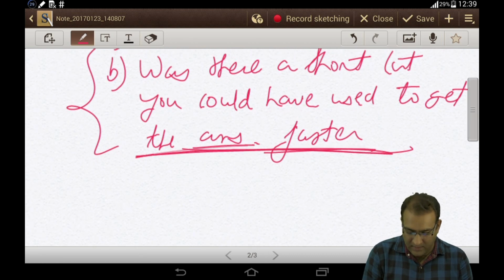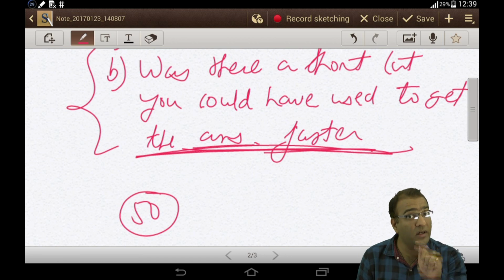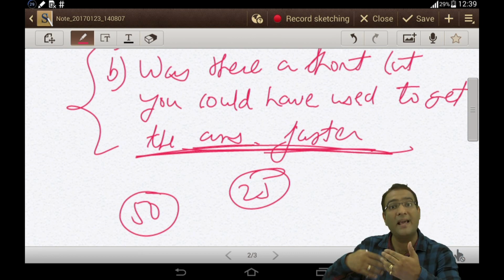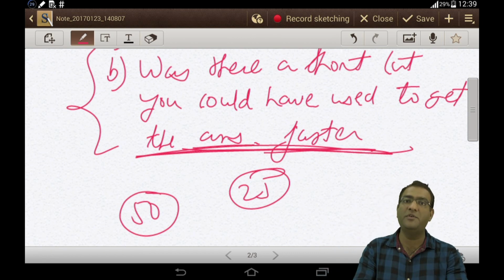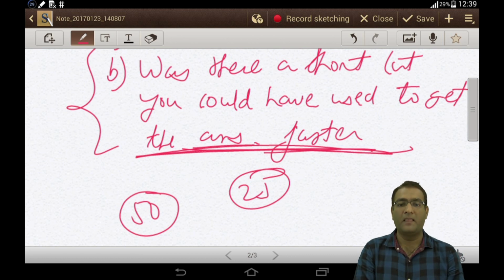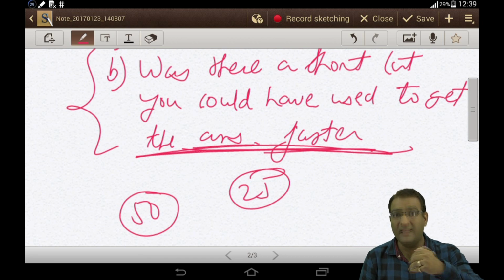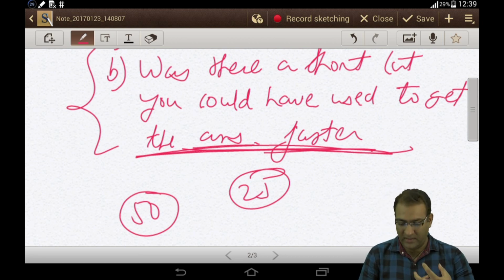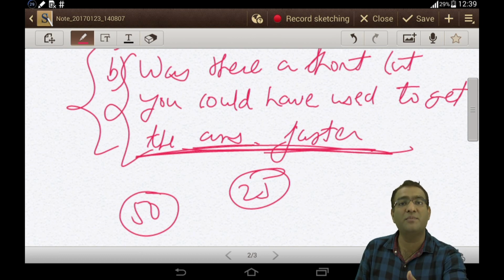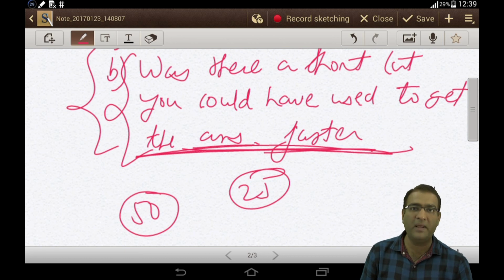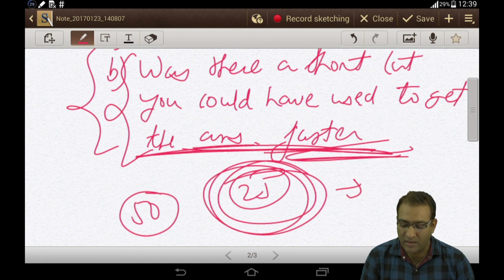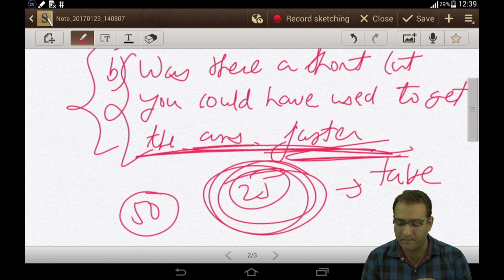Obviously, out of 50 questions, trust me, which you did correct, remember, which you did correct, if you can find 25 questions where you can analyze that yes, in these questions I could have used another method and saved a little more time, then in the next mock test, you will apply those techniques. If not in the next mock test, then in the third or fourth mock test, you will apply those techniques. Because of this analysis, you will take less time